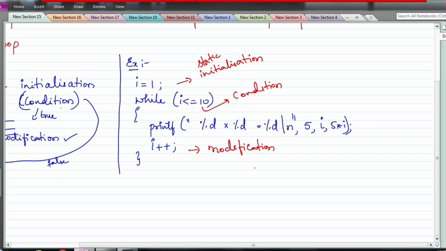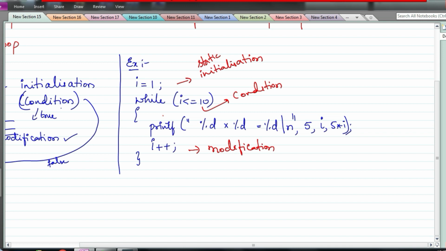One more thing is, see, if i is 1 and i <= 10 is true, and I never modify this variable at all, then the value of i remains 1 only, and when the loop keeps on getting executed, i will never go beyond 1, and i <= 10 is going to be always true.